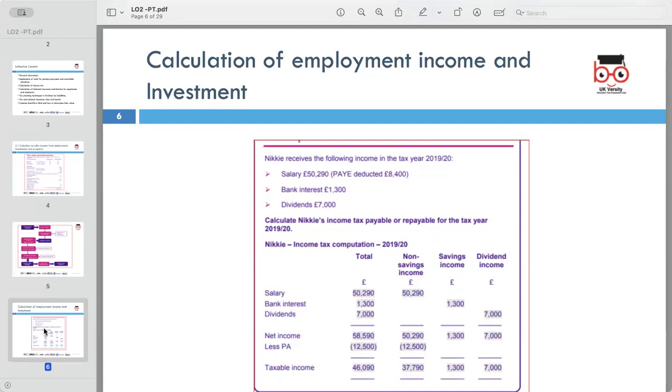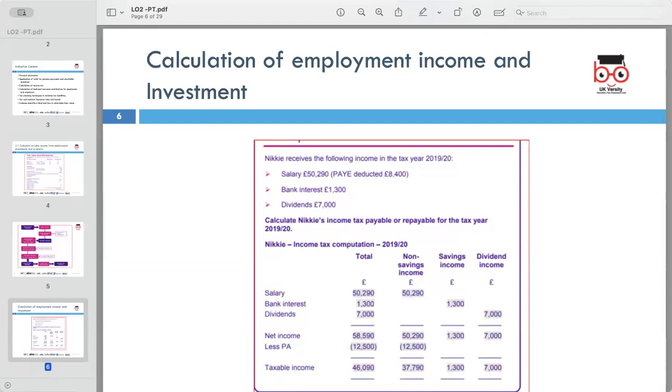Nikki received three types of income: salary, bank interest, and dividends. Salary is 50,290 pounds, bank interest 1,300 pounds, dividends 17,000 pounds. So to calculate income tax liability, we need to determine her taxable income. This is done by adding up all her income from different sources. So Nikki's total income before considering her personal allowances